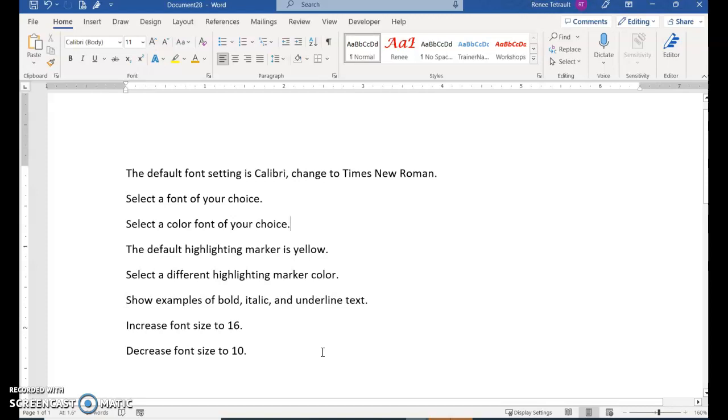And then go ahead, if anything is in red, you can fix the spelling errors. And then once that's completed, we're going to apply these special features to each line. So for this line, it's in the default setting, which is Calibri, and we want to change it to Times New Roman. So to select this entire line, come over to the left margin in the selection area, and you'll